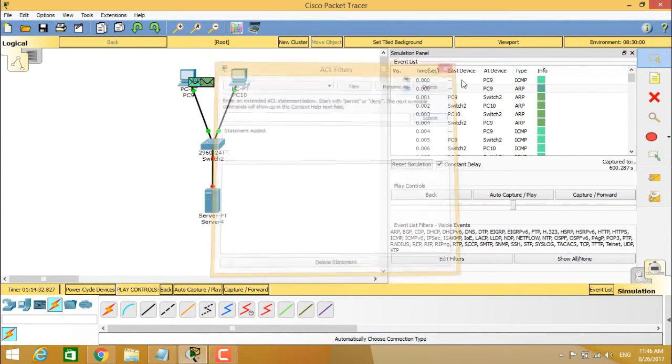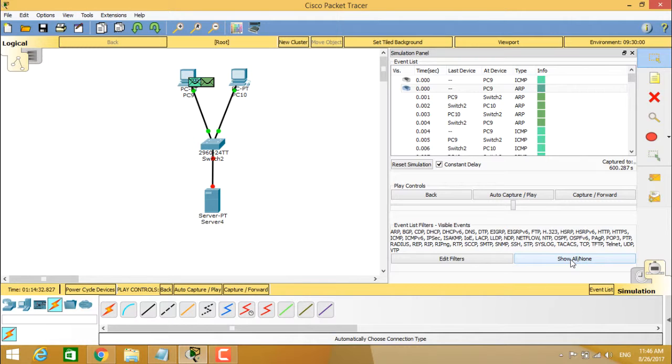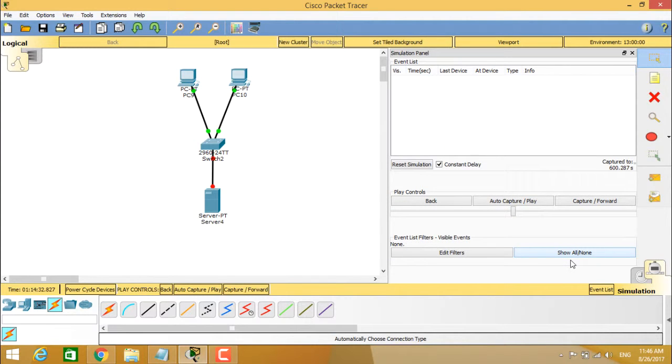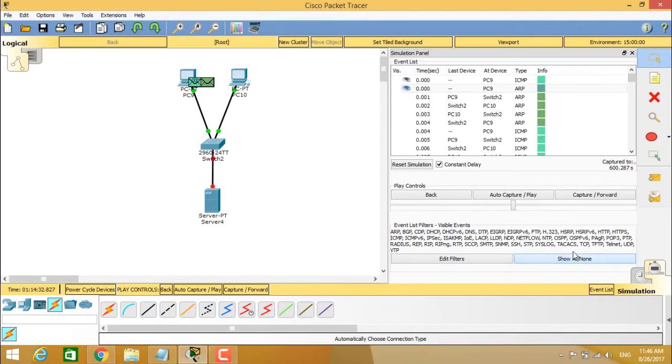So this is about the ACL filter creation, and beside the edit filters you can see the show all and none commands. When you click on show all, it will show all, and when you click back again it will show none here. So this is the example, and when you click on capture or forward, you can see